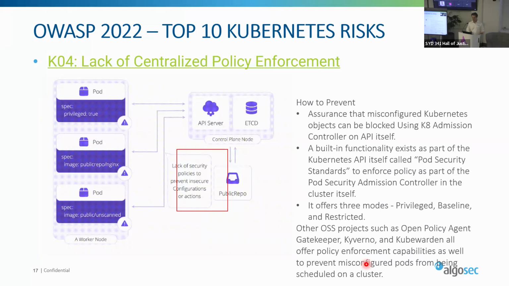It is recommended to distribute a blocking admission control policy that explicitly allows images from specific registries or repos, right? So OPA Gatekeeper can be used as a help here. I'll talk about it a bit at length, but overall there are quite good tools like Gatekeeper, Kyverno, and Kubewarden, right? These are all policy enforcement capabilities that you can define and use to prevent this, if you're using hosted Kubernetes.